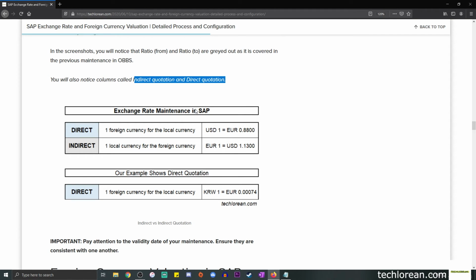If you're interested to know more about the difference between direct and indirect, you can refer to the image over here. Basically, when we say direct, it is one foreign currency for the local currency. When we talk about indirect, it's one local currency for the foreign currency. So this is the key difference here. When we say direct, we're talking about $1 is equivalent to 0.8800 euros. But when we're talking about indirect, we're talking about the local currency first. So that means 1 euro is equivalent to